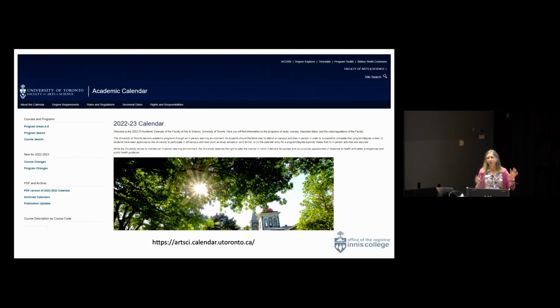Okay, for the purposes of the rest of this talk, really I'm going to focus on degree requirements. Because your degree requirements, understanding what your degree requirements are, will inform your course enrollment. And that's really the important thing, because you want to know that you're enrolling in the right courses to pursue the programs that you came here to study.